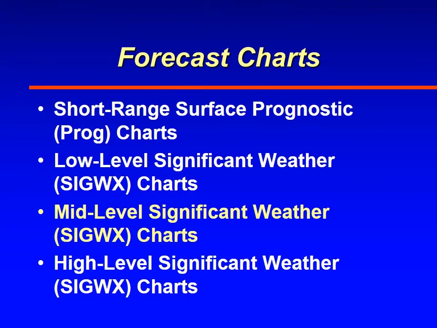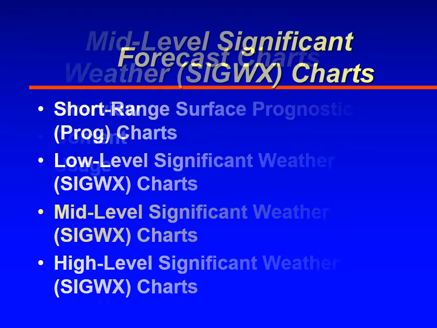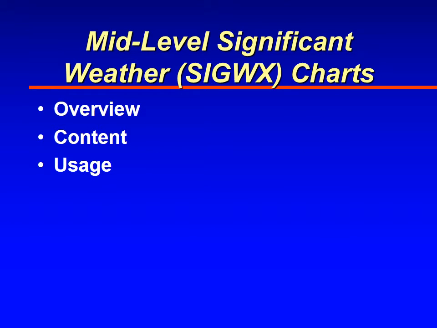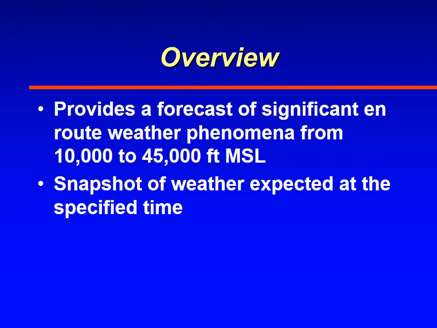Welcome to our discussion on the mid-level significant weather prognostic charts. So we'll start out giving an overview of the chart. This chart gives you significant weather at mid-altitudes, and what they mean by mid-altitudes is anywhere from 10,000 to 45,000